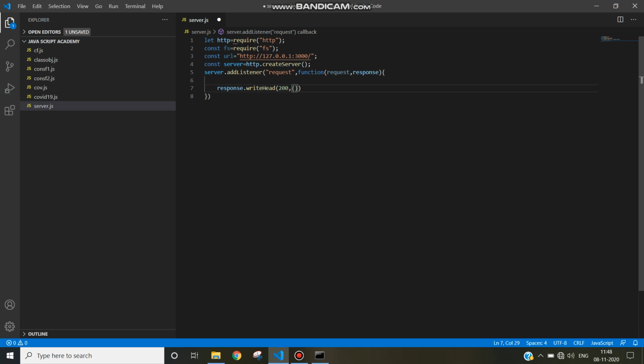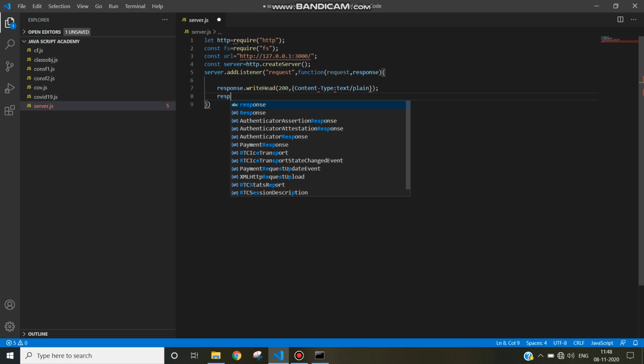So in curly braces you can write content-type colon. What should be the content type? text/plain. Content type is text/plain.